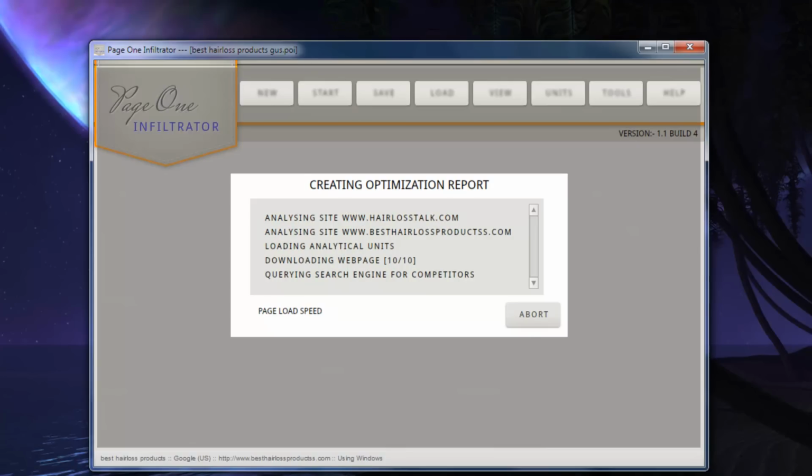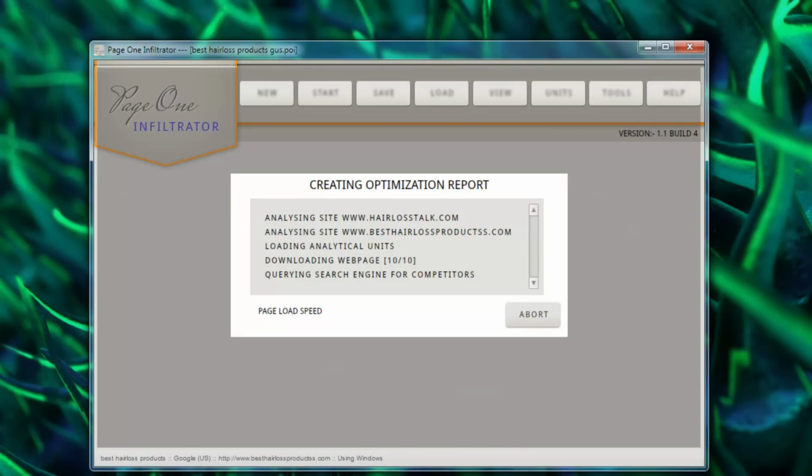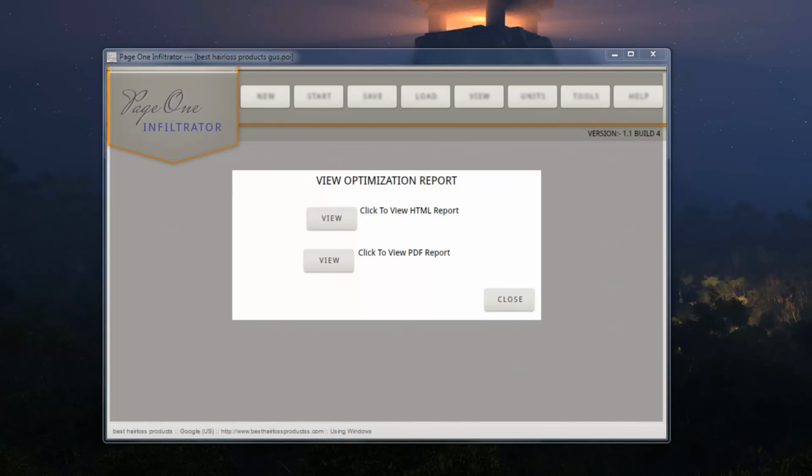And when this is done loading here, I'll show you some of the data it brings back and why it's so valuable. I'm going to pause it and let it wait for it to be done, and I'll be right back. Hi, I'm back, and Page One Infiltrator is done researching my top 10 competitors for best hair loss products,